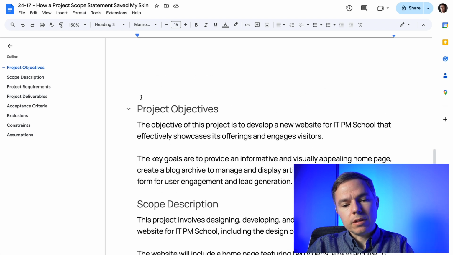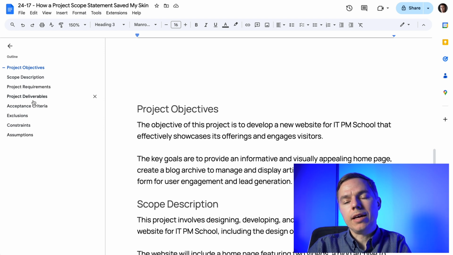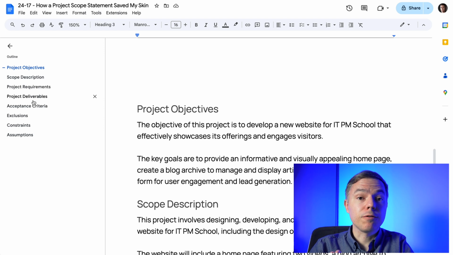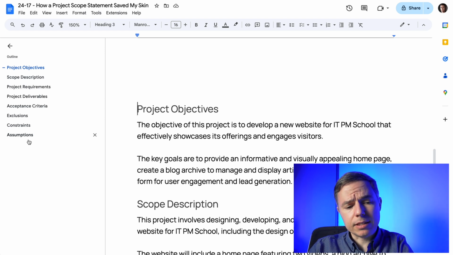So, first of all, it's a simple document, and what I want you to notice right away is that the outline is different from what I showed you previously. So that's lesson number one. Every template that you find on the internet, you must adapt it to the needs of your current project. So don't just take it as is and try to fill out all the fields, all the sections of that template. They might not be applicable for your project. So as you can see, I deleted some sections and I added some sections instead, and I'll explain why. So let's start with the project objective.